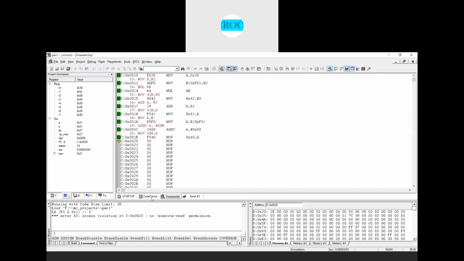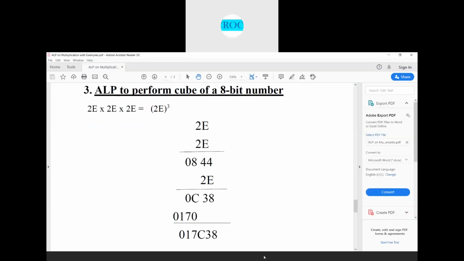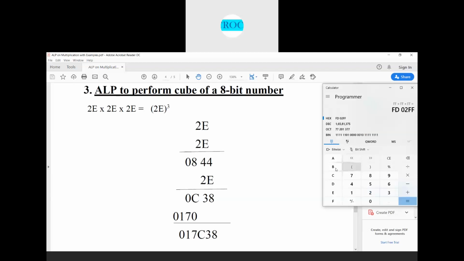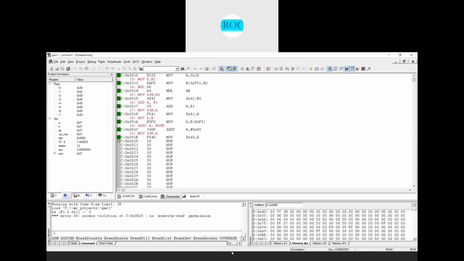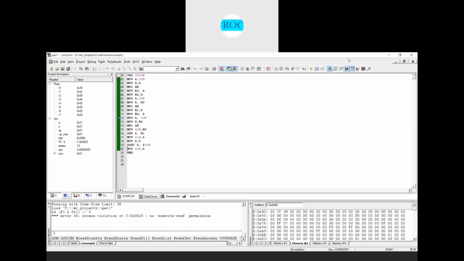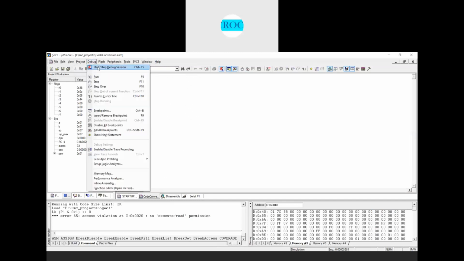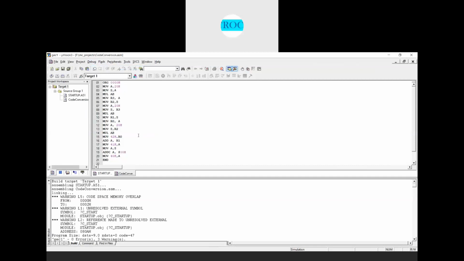So what we get now in 40, 41, 42 is 017C38. This is how you write the program for both square and cube of an 8-bit number.